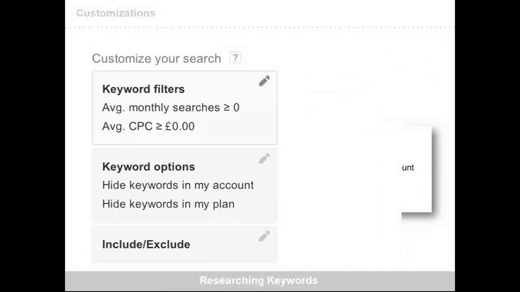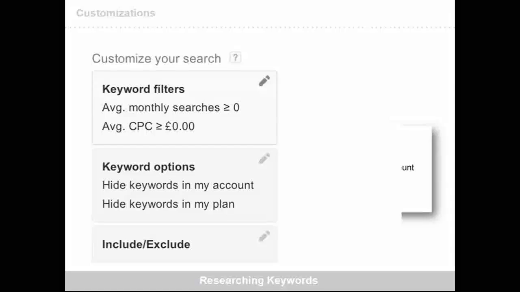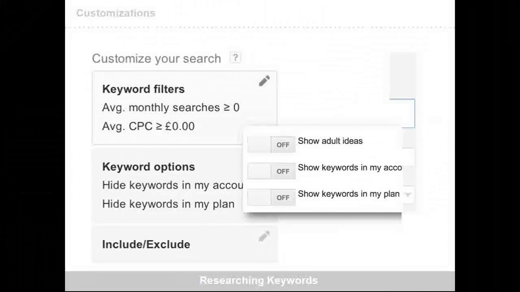That's where you can include or exclude particular keywords in the tool. Then there is also a little option of show adult ideas, show keywords in my account, show keywords in my plan. This is pretty much what we spoke about just before this.